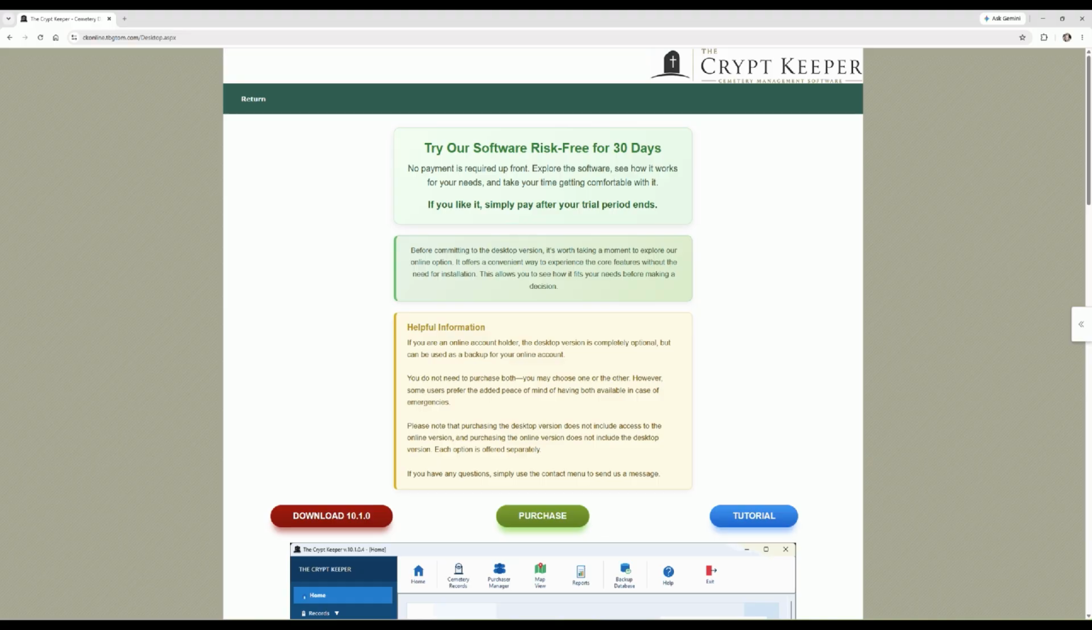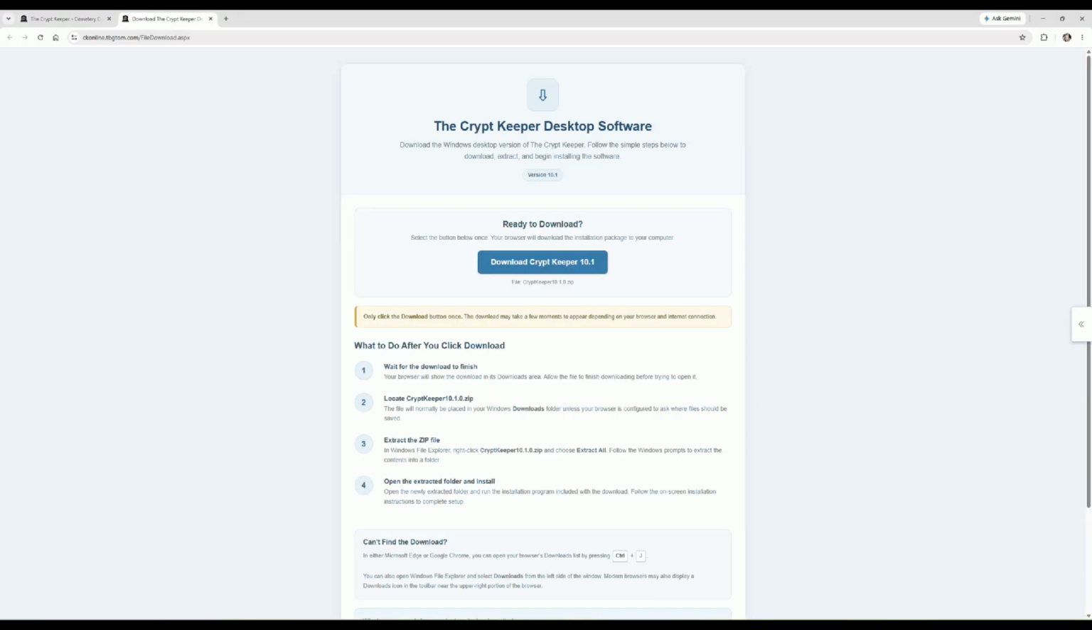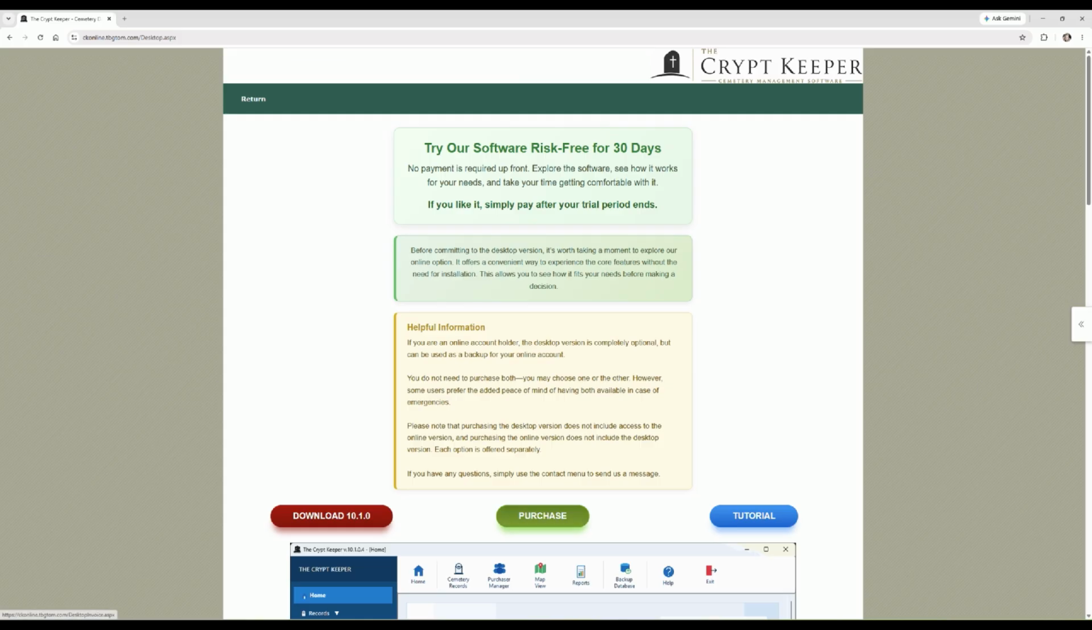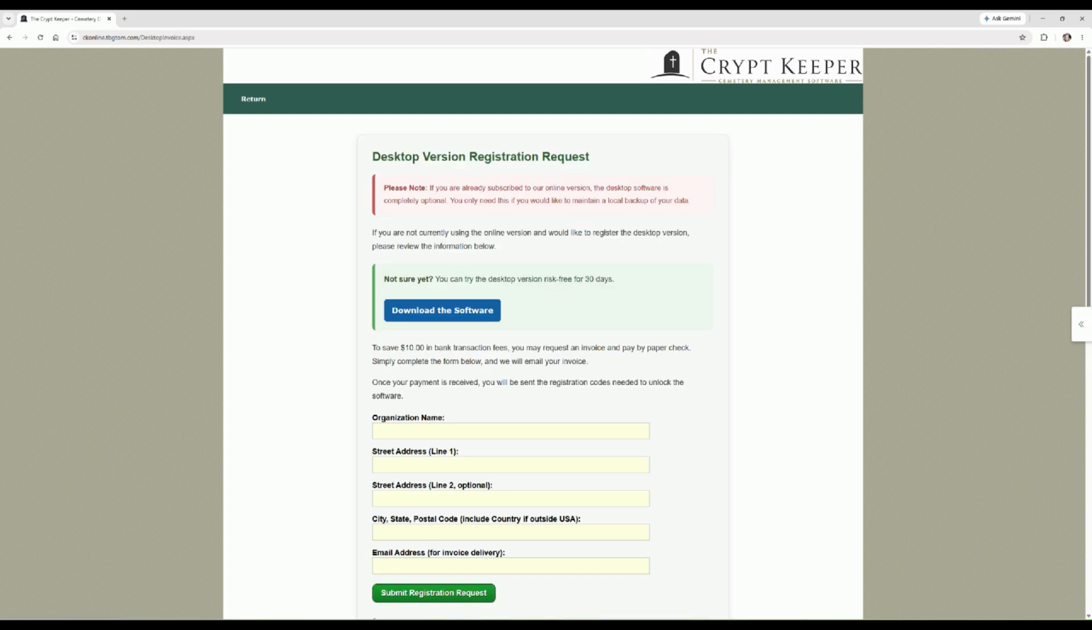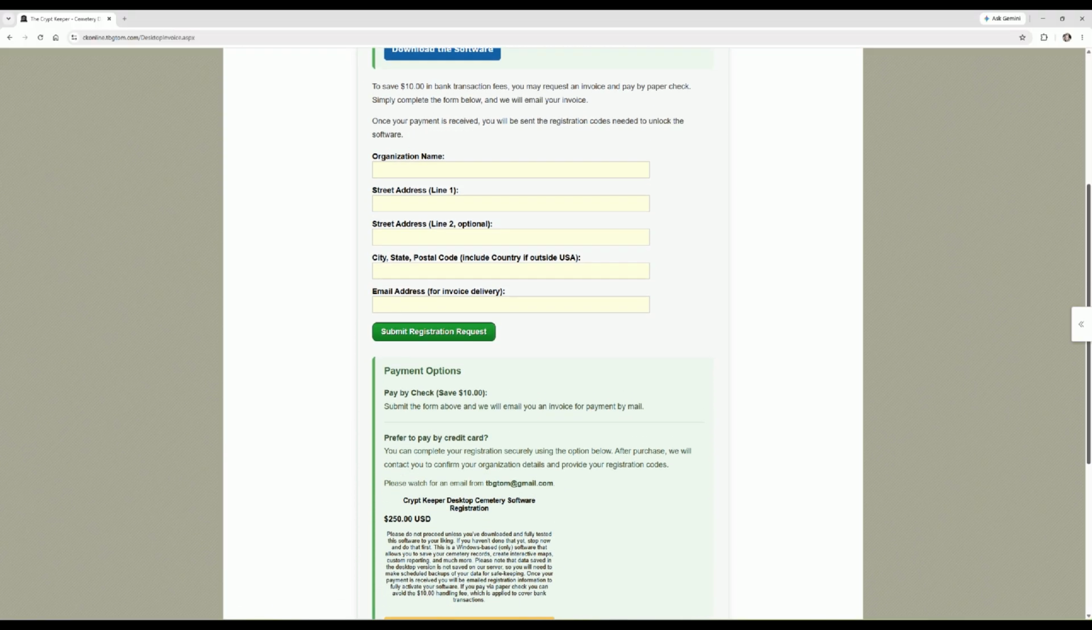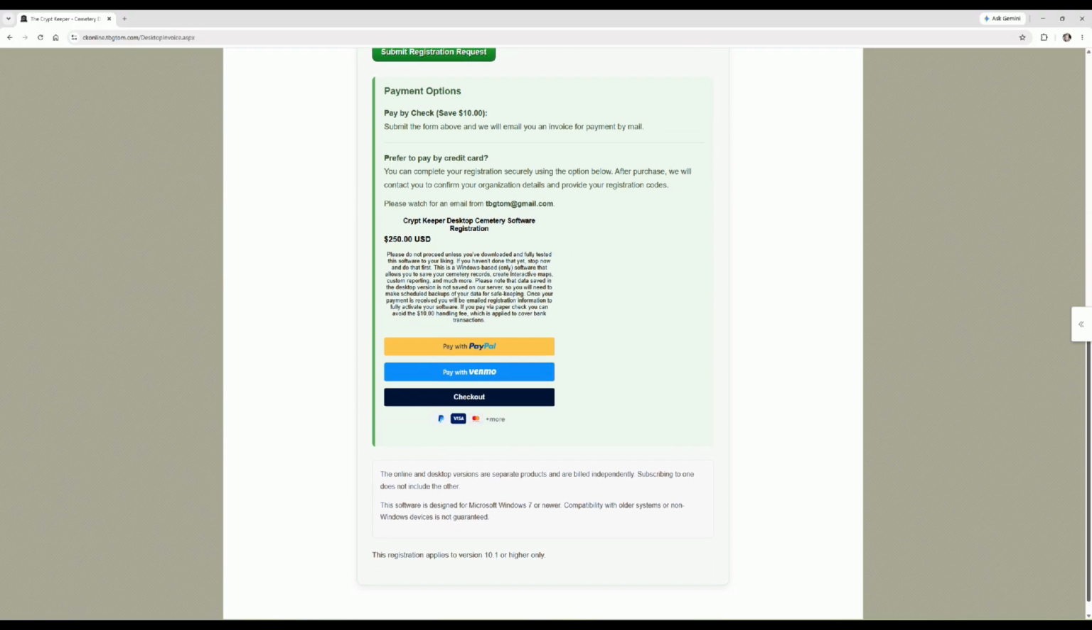with your available options. If you're ready to install the Crypt Keeper, you can download the current desktop version directly from this page. If you haven't purchased the software yet, you'll also find an option here to purchase your license. Once you've downloaded the installation file, you're ready to begin installing and setting up the Crypt Keeper on your Windows